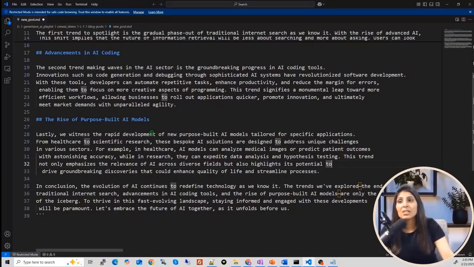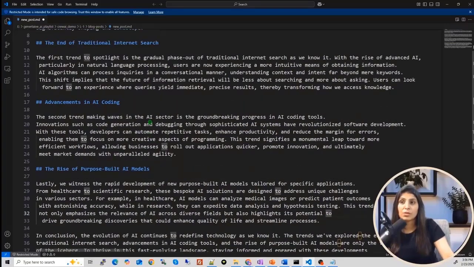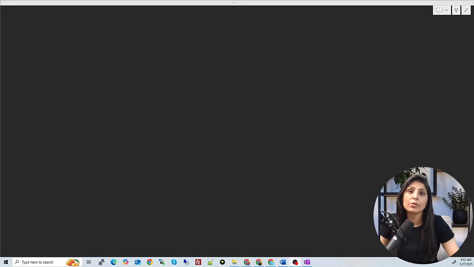So like this, guys, you can use multiple agents here. See, within a few minutes only we have a blog post ready, and here everything is done by AI agents. It searched the internet, it collected data from various sources, then it stored that data in a database. Then from that database, it read everything, and then it created a blog post for us. So this is how you can use Crew AI.